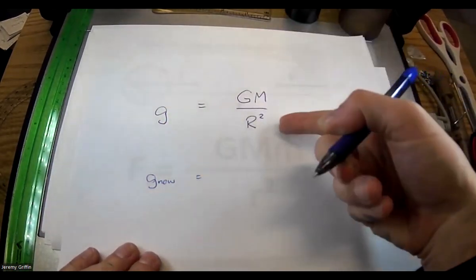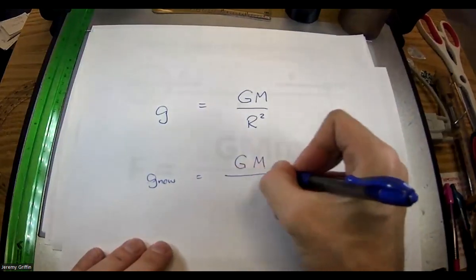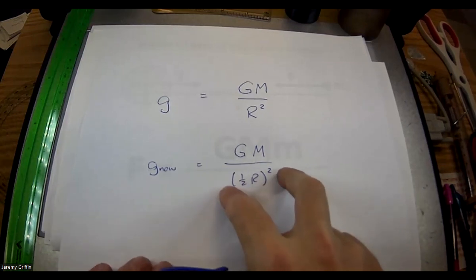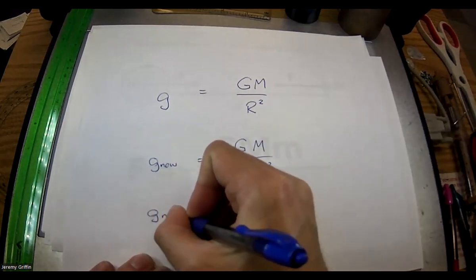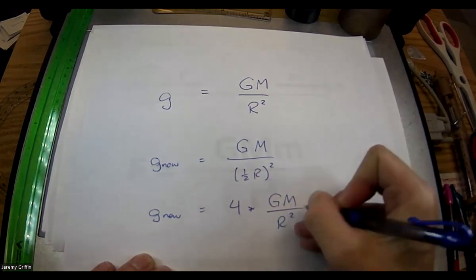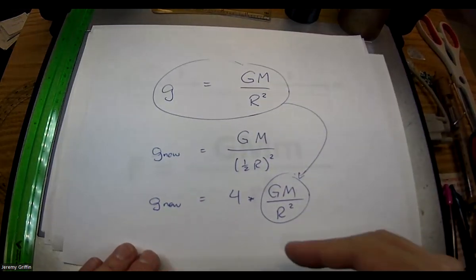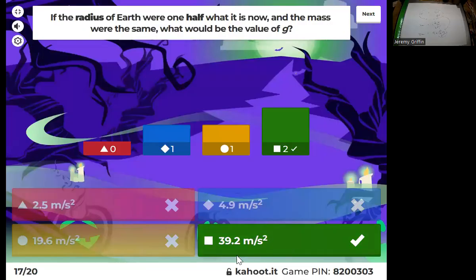Let's call it the original gravity, and then the new gravity. Gravity constant same, mass of the planet same, because we're packing this planet down. We've got half the original radius being squared. What is a factor of 1/2 squared? Is that 1/4? What is 1 divided by a fourth? Is that 4 times? So 4 times GM on r squared, where GM on r squared was the original gravity field. So 4 times the original. Since Earth gravity is a shade less than 10 meters per second squared, 10 times 4 is 40, a shade less than 40. 9.8 times 4, basically, right? All right, it's the green one.